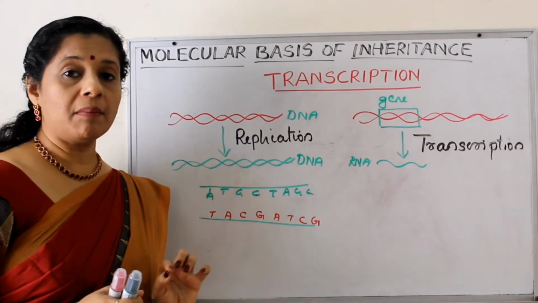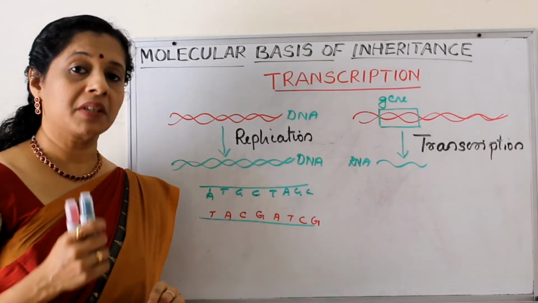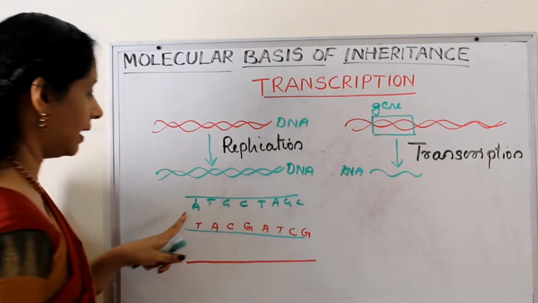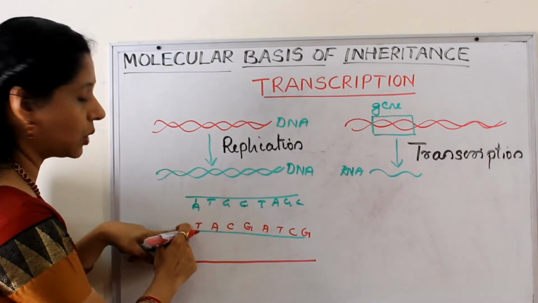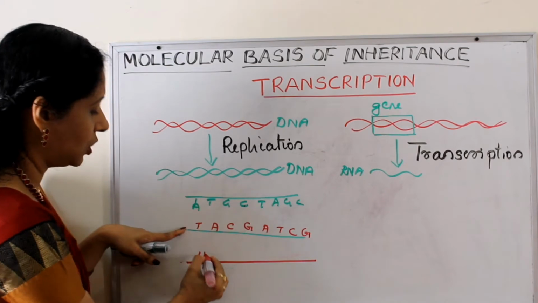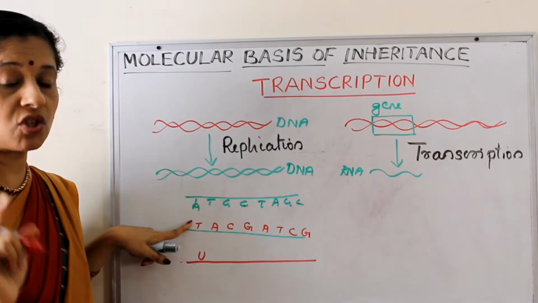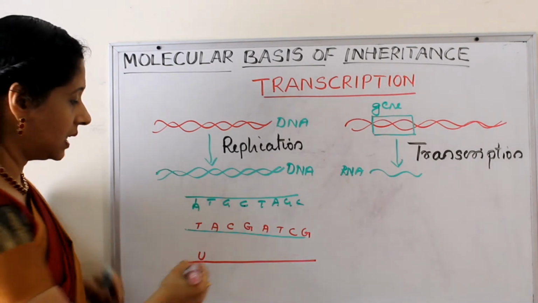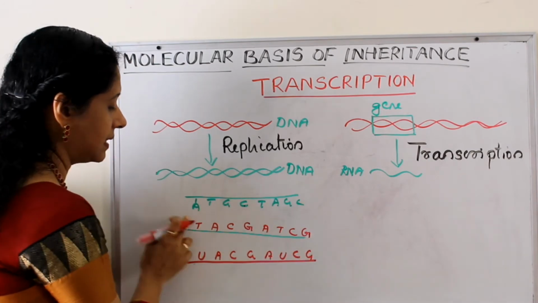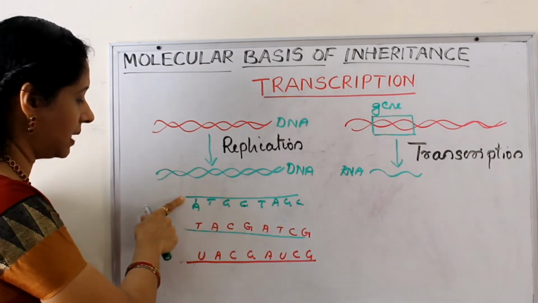Complementary. Now imagine if both the strands are making RNA. Are they going to make the same type of RNA? Let us see. So the first strand will be making RNA. It will have sequence similar to this because this is the complementary strand, right? So A will become U because RNA does not have thymine but it has uracil instead of thymine. So wherever T comes we have to make it U. Then rest all will be same. Similar to this. Now if this is making a strand, that will be similar to this strand.